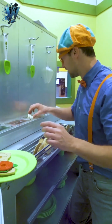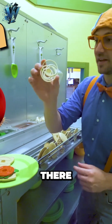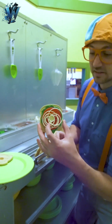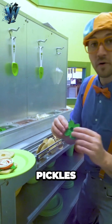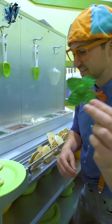And then, hey, here we go. We could put some onions on there. Yeah, nice and chopped. Okay, so we have bread, lettuce, tomato, onions, and let's do pickles. Yeah, yummy pickles. Okay,